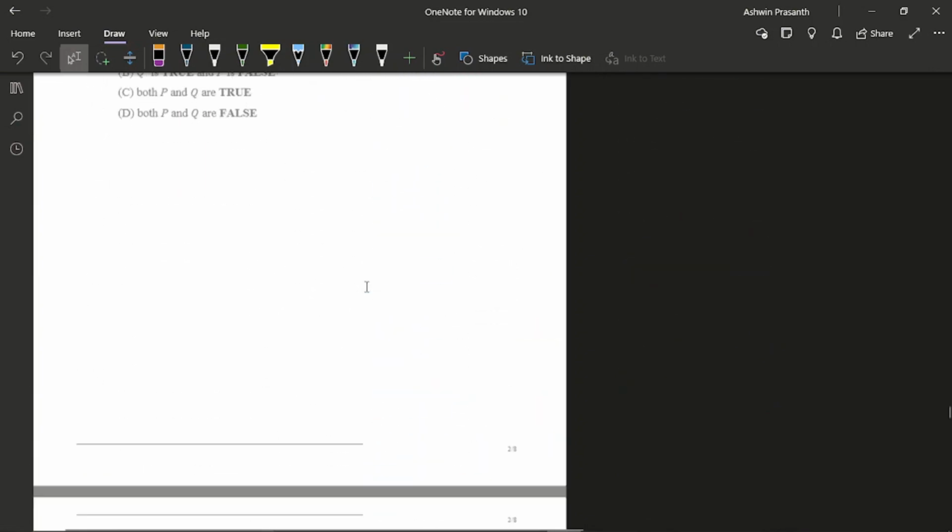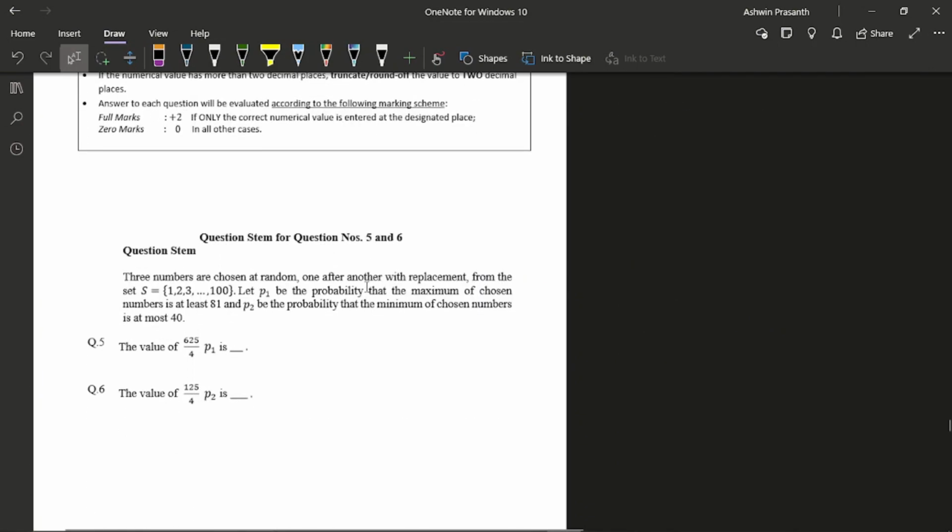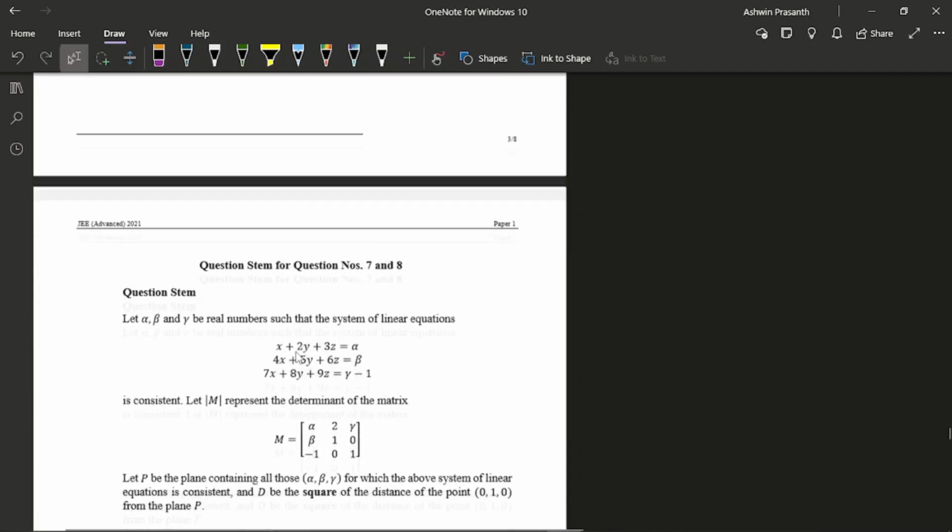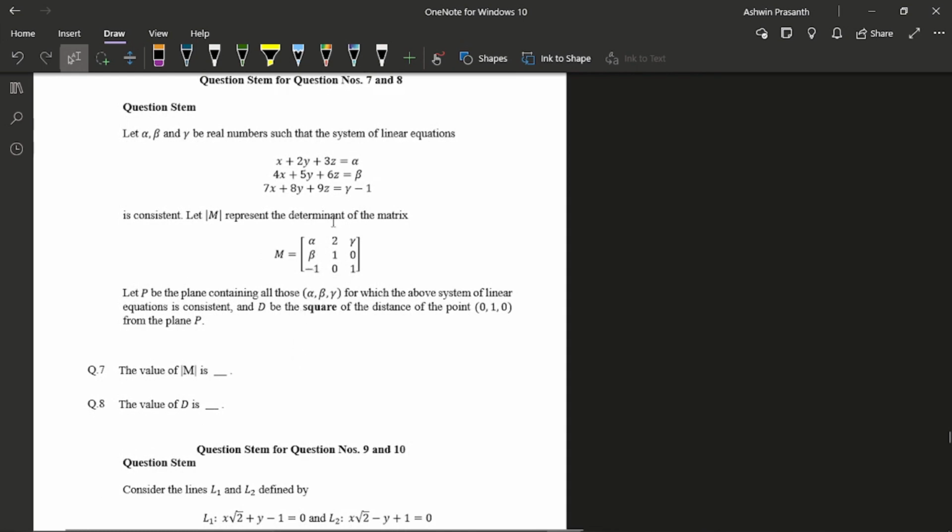Then I moved on to section 2. This question, I wasn't able to think properly during the exam, so I was getting too many cases and I didn't get any smart method to solve it, so I left it for the next round. This question, I knew it would go lengthy, but I was comfortable with these types of questions, so I decided to solve it. Like I said, it was lengthy, but still I got both the answers right.